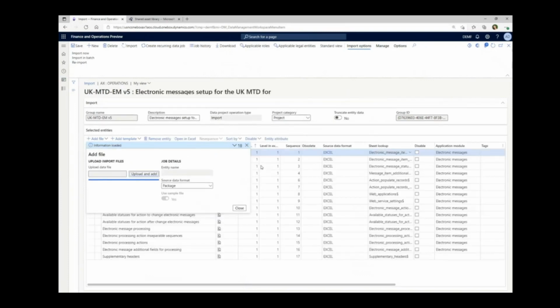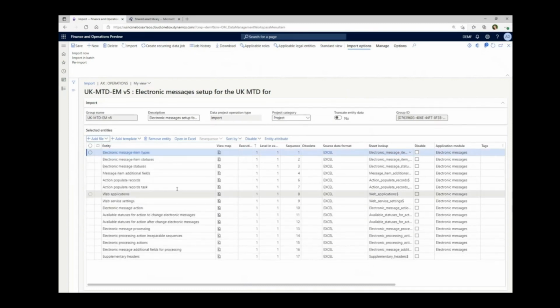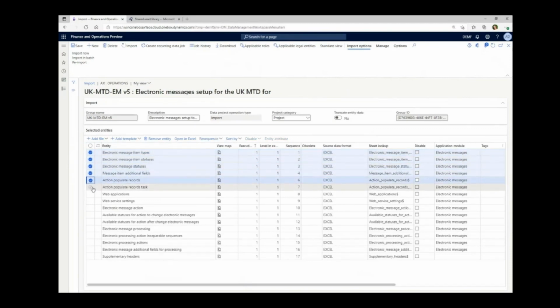As soon as the data entities are shown in the grid, delete those entities that are already imported to your system and are not needed, except for web applications